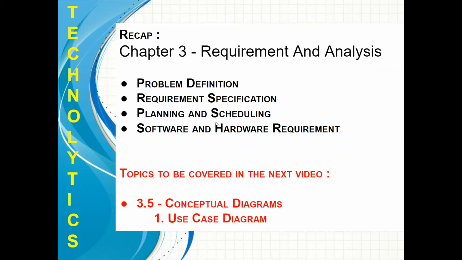Planning and scheduling. So using Gantt chart, only you have to use the red bars, please remember. So using Gantt chart, you can plan the task and you can of course schedule it. That is what I have taught you here. And last part was software and hardware requirement. Here, all the necessary hardware required for running the software and all software for compiling, linking, and then to process, to implement, all those software listing also, we have to mention over here.